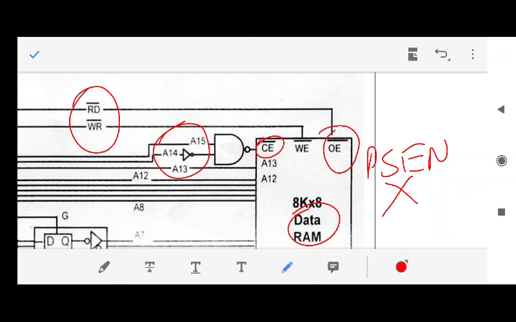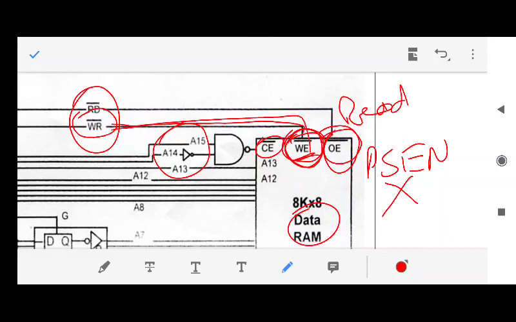That means you are trying to read it, and when you are trying to write it, there is one more pin you have to remember, that is known as write enable. Because RAM can be read also, it can be written also. Now when you want to write on the RAM, there's a pin known as write, which is coming from the 8051, that would be connected to the pin write enable. See, this is output enable, that means you want to read, and this is write enable, that means you want to write. So you have to connect the write enable pin to the write bar pin of 8051, and that's it. Your question is done.